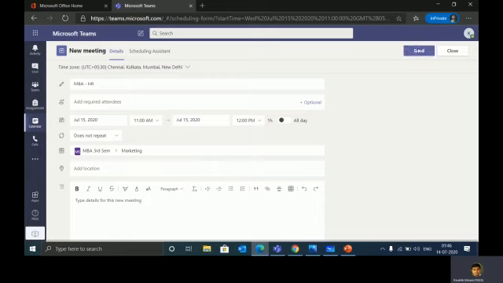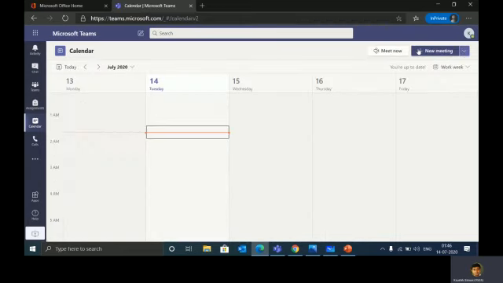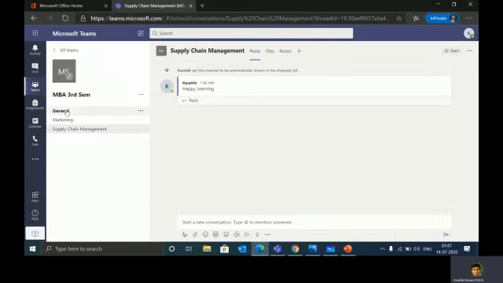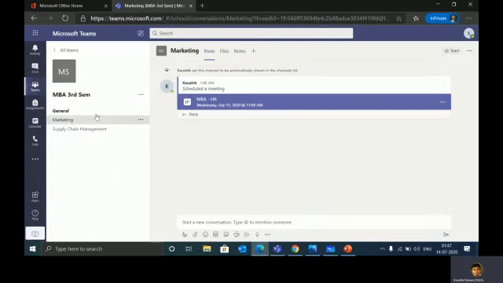Now, if you send, then the meeting calendar will be blocked for that particular professor as well as the students of this virtual class. So if the student goes to Teams and goes to the marketing channel, they will be able to see that the professor has scheduled a meeting